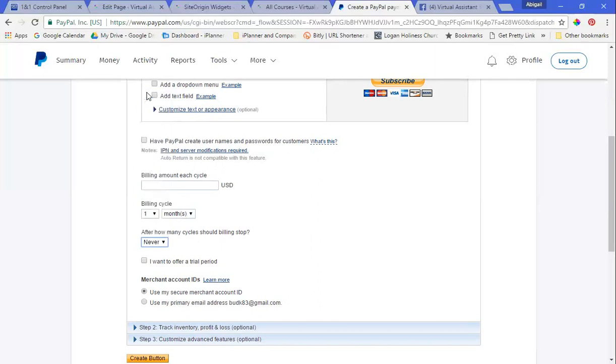Or you can choose never. And they would need to stop that themselves then whenever they are done. If you want to provide a trial period,